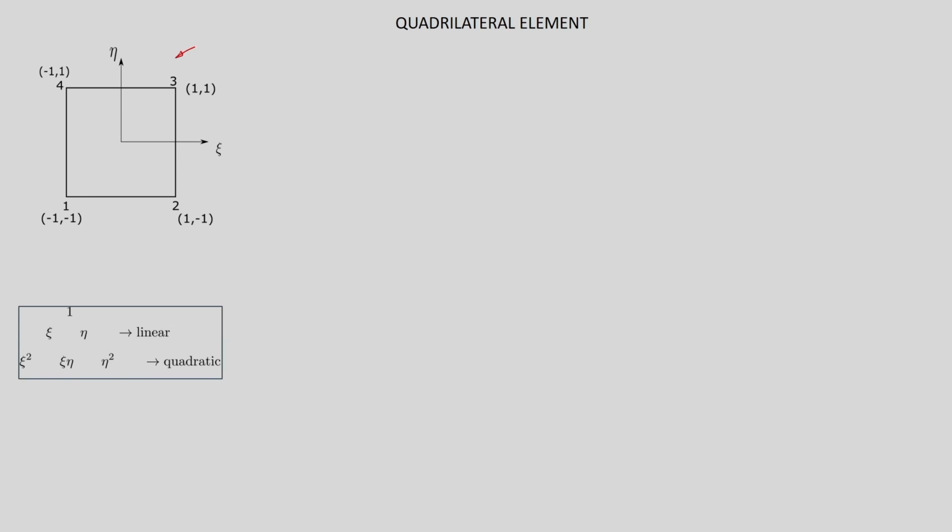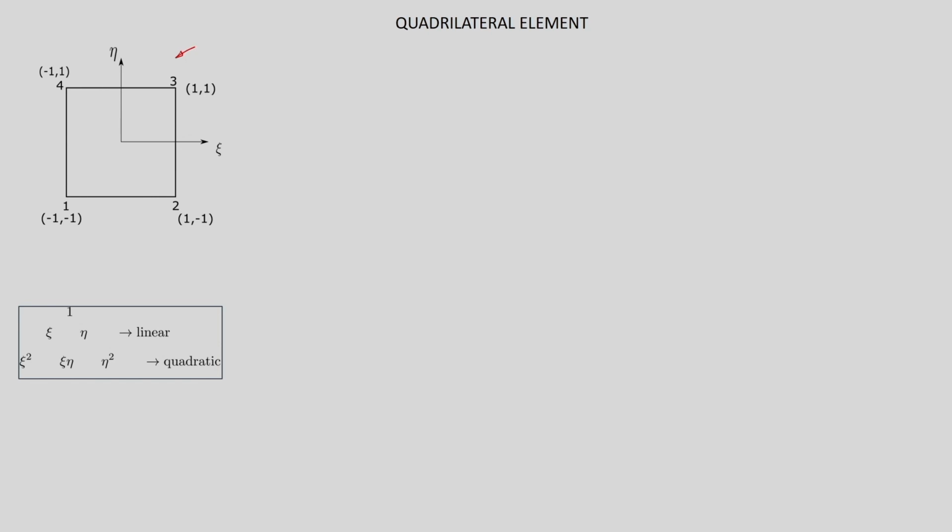So here I have taken this master element, which is a square of side 2, and we are defining the shape functions for p equal to 1. Why are we defining it in the master element? Because we have seen in the past that in order to calculate the kij's or fi's, we need the derivatives and the values of the shape functions in the master element. So the definition of these in the master element will suffice.